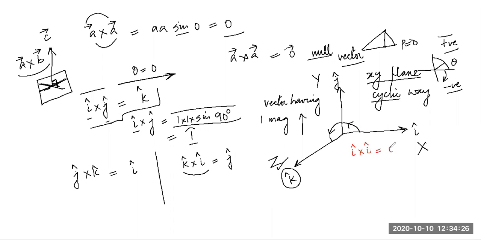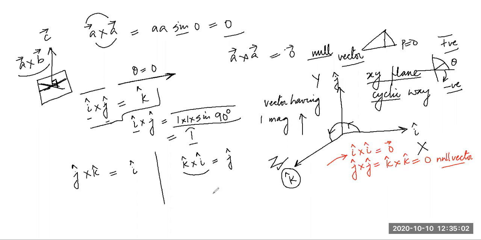Zero. Beautiful. Similarly, j cap cross j cap would be equal to k cap cross k cap would be equal to null vector. You should not say 0, you should say null vector, because we have understood that the vector product of two vectors is not a scalar, it's a vector. So guys,